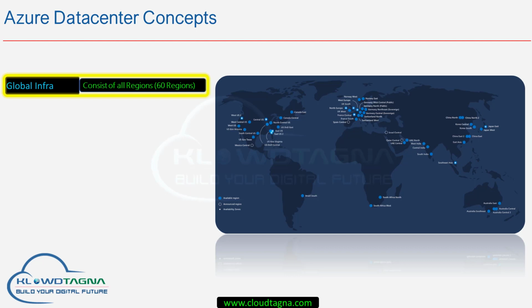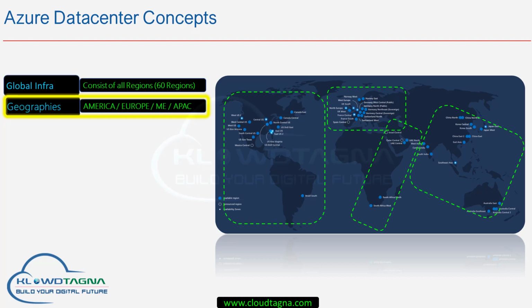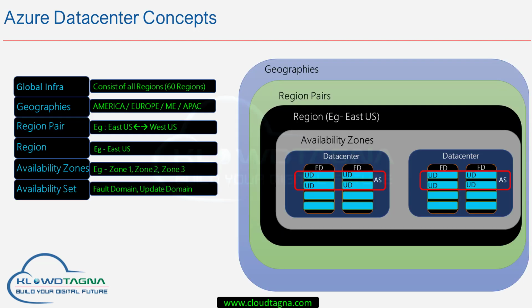It is time to understand the important aspects of Azure Global Architecture. As of today, Azure services are available in 60 different regions. So primarily, we can divide them into 4 geographies such as America, Europe, Middle East and Asia Pacific. And the point you need to understand here is that geographies are mainly for data residency and compliance boundaries. And each geography will have multiple regions and each region can have one or more data centers.